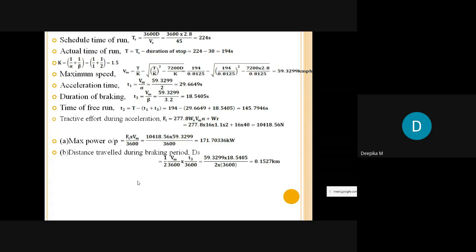So please be thorough with the derivations, whatever we have solved in the last videos, because only from the derivations are we going to take the formulas. So therefore this will be very important. Hence, the